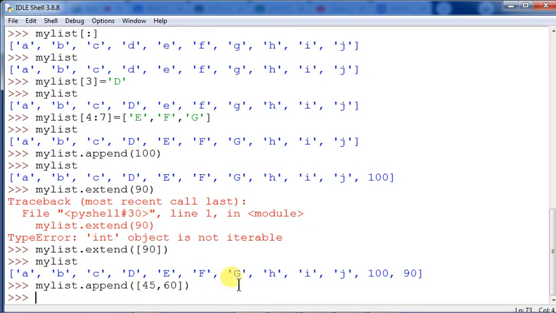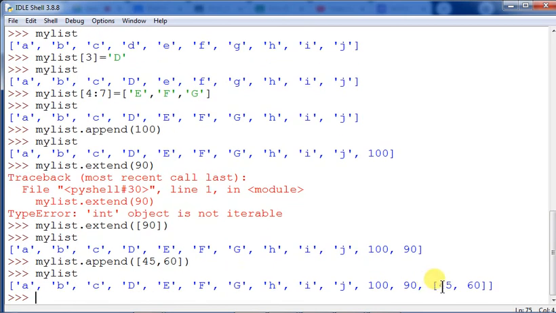So now you see the existing list and you will understand the difference. Here it has been appended in the form of a list, but extend has not done that. In the extend, even though we gave a list argument, it was added as normal elements only.